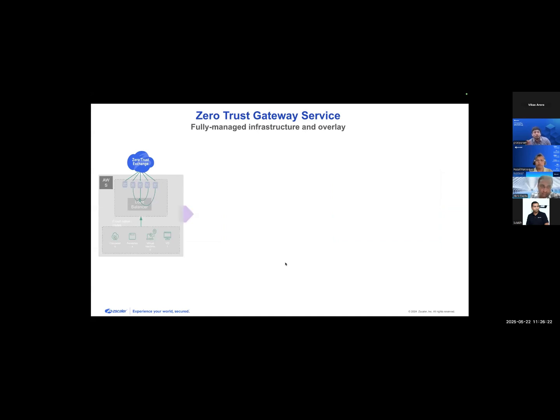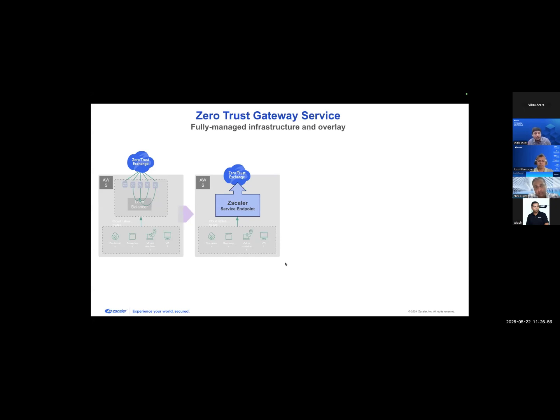But as a customer, if you say, no, I don't want to deploy anything, is there any option from Zscaler which you are going to provide? That's where we have an option called the Zero Trust Gateway service, which is nothing but we as Zscaler will be completely hosting and managing these cloud connectors. The only thing you have to do as a customer is route the traffic to these cloud connectors. How exactly? We are using the Gateway Load Balancer service, to be precise, and